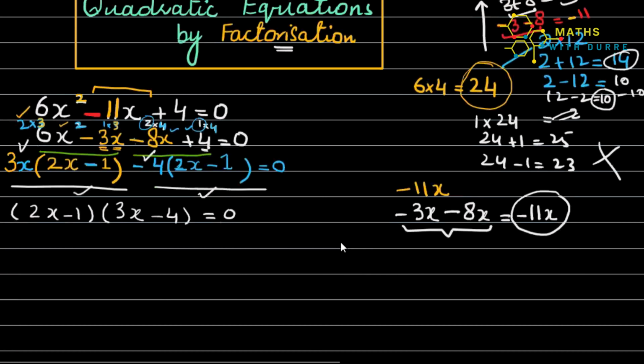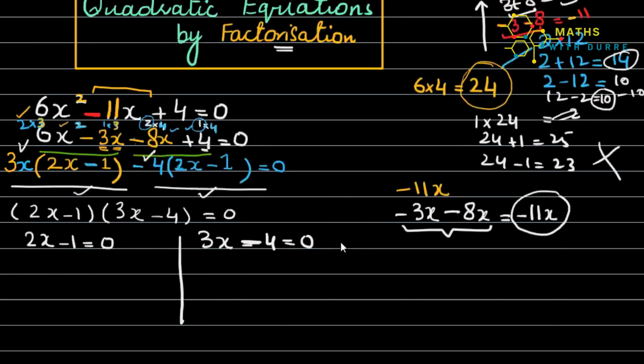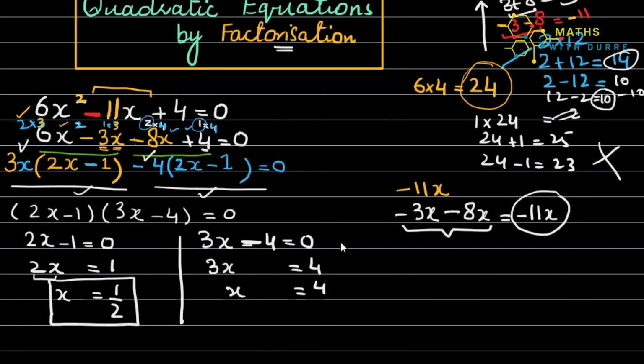Now we need to put both of the values, make them equal to 0, and just need to find the roots of this equation. So now 2x minus 1, the shift ho jayega, so it will become plus 1, and this 2 is multiplying with x, so I will divide it here. Okay, the first value of x is 1 upon 2. And same as I'll go with 3x, ये 4 वहां जाके plus का हो जाएगा, and then 3 यहाँ पे multiply हो रहा है, so I will definitely divide it to the other side of the equation. So it means these are the final answers.